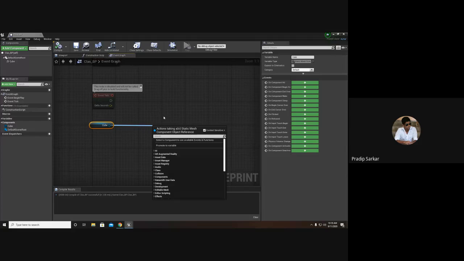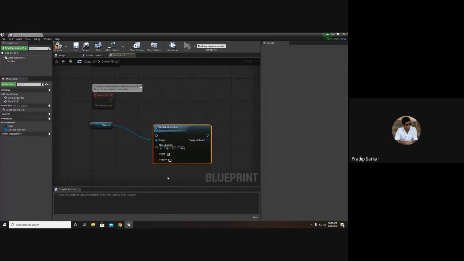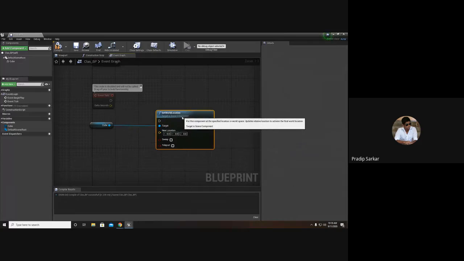In this search panel, I will search for location. So I can either get the position where it is in the world, or else I have to set the location. Currently I have to set its location. So I will select set world location. It has created me a set world location node.